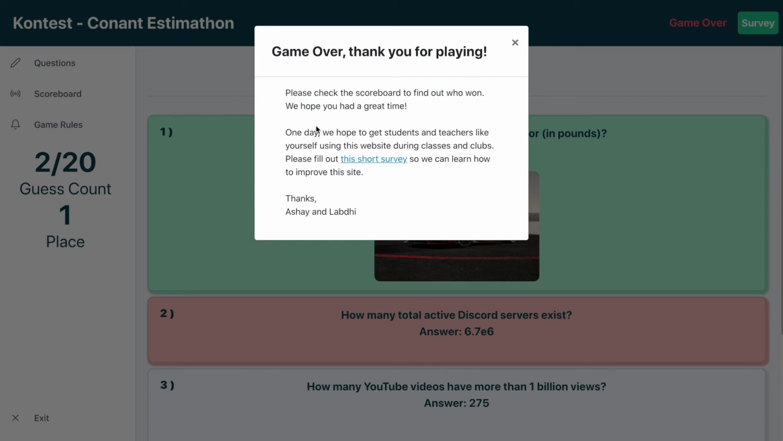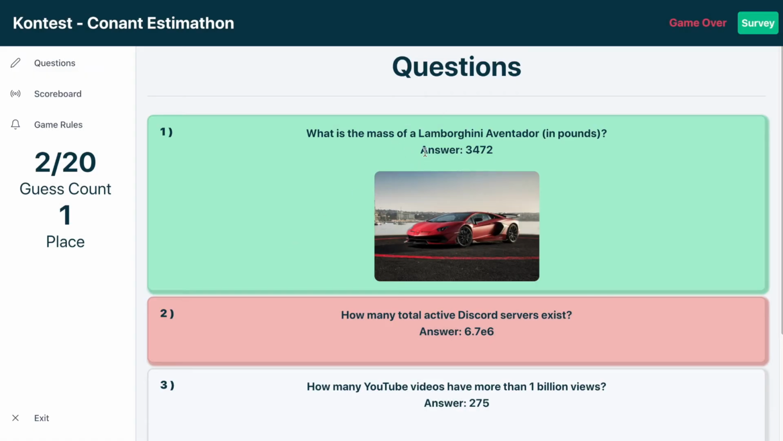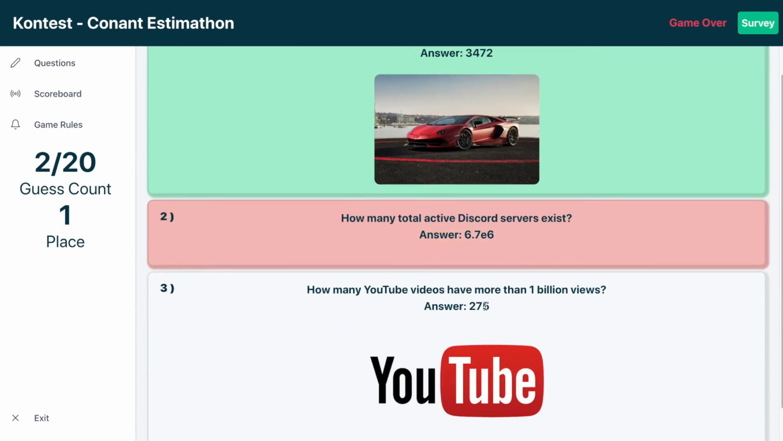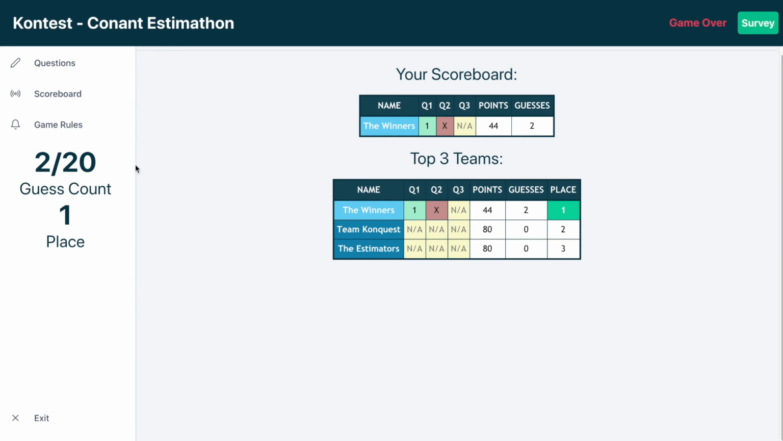which just asks you to fill out a short survey for my partner and I so we can improve the site. And also, you can see the answers are printed out below over here, so you can see what the correct answers were right after the game ends. You can see your guess count, which you could see beforehand as well, and the scoreboard stays the same. So I'm going to exit right now and then show you guys what it looks like to play a review